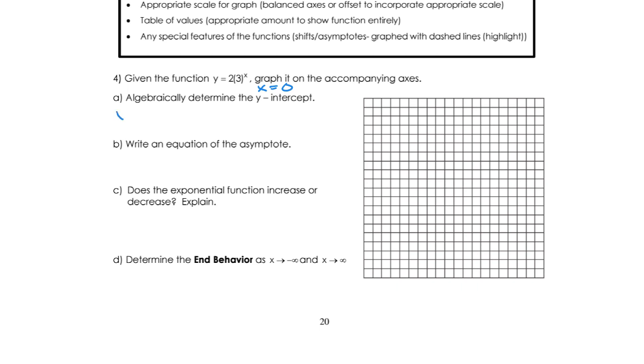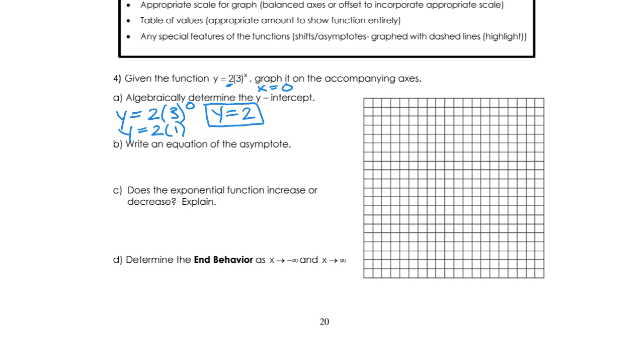And so if we go ahead and put in x equals 0 and do some math, then this should come out. Remember, anything to the 0 power is 1, and so 3 to the 0 is 1. And then we will end up with y equals 2 as our y-intercept, which we already knew because we learned on the front side that that's your a value and that a is 2 and that a is your y-intercept. They want us to write an equation for the asymptote, but let's go ahead and put this in